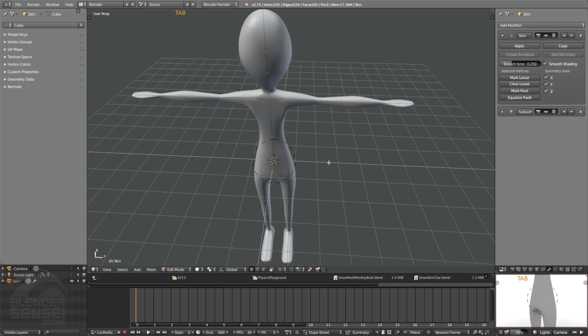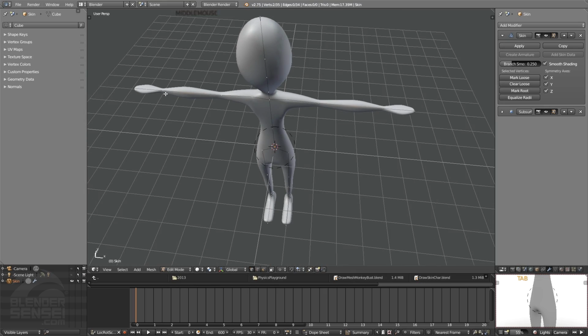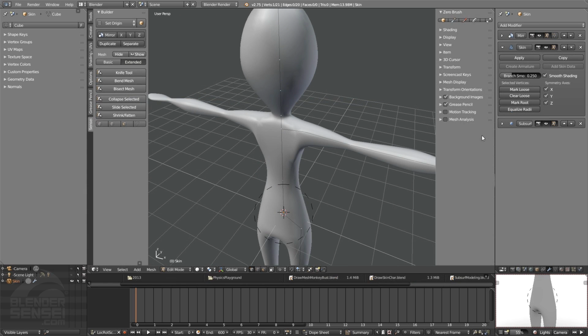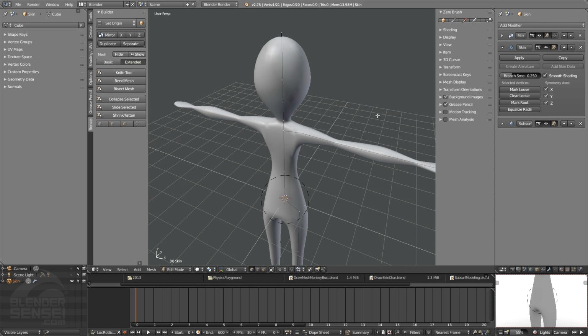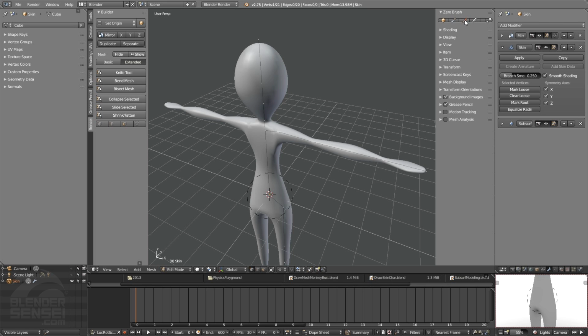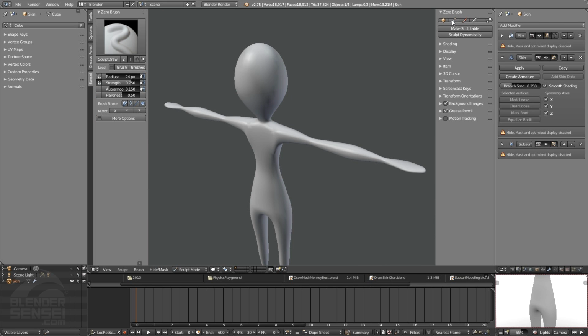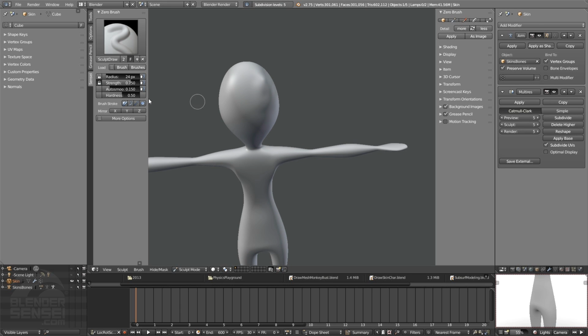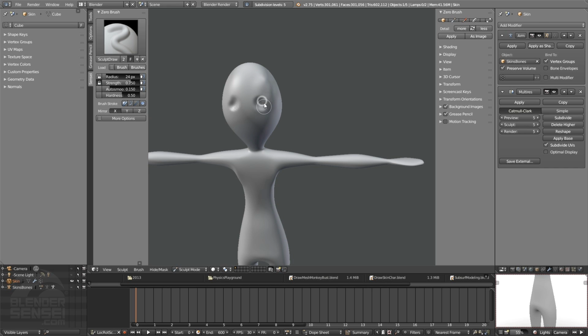And now if we press tab to go into edit mode, we see that all the points that we had created on this right side are now official and existing, and everything on the left side as well. So yeah, a quick way to make sure your mirror modifier is applied so you don't accidentally forget, you can of course just click on the sculpt button. And then as soon as we press make sculptable, we could begin sculpting our object here, add some more detail like this. Turn on X mirror brush here,